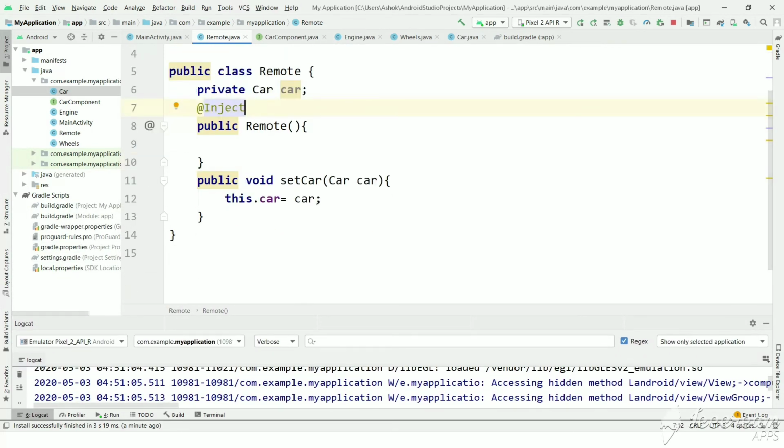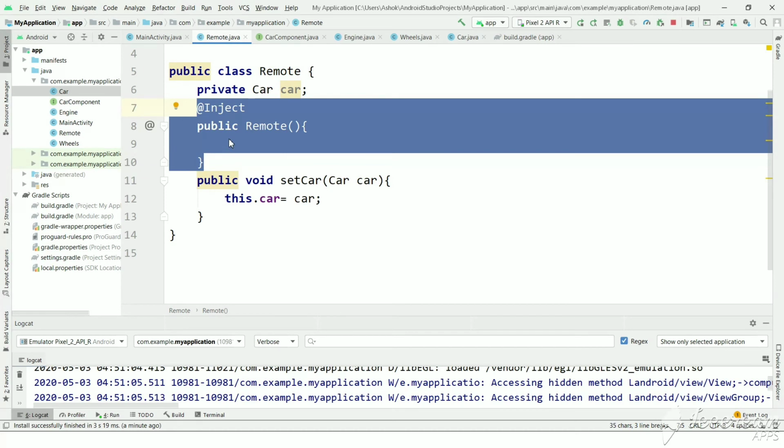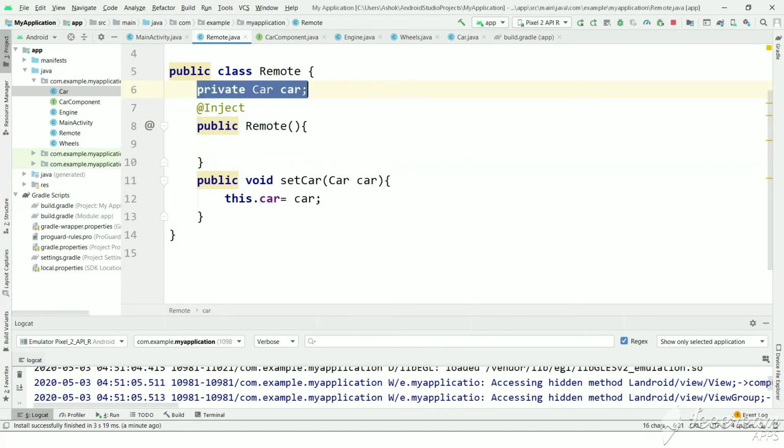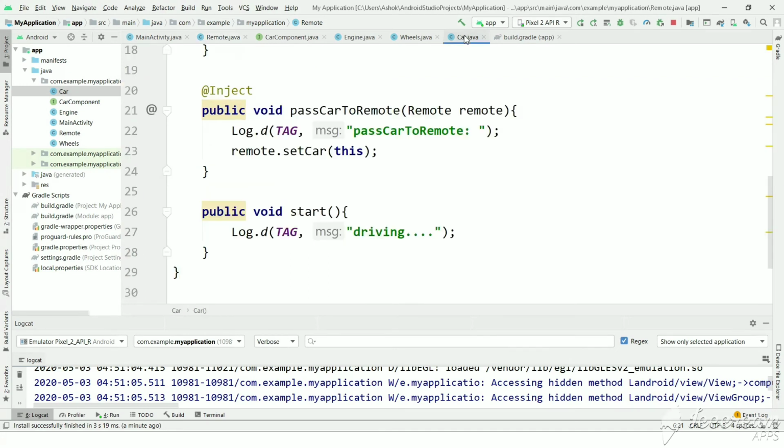We will recap what we have done. We have created a class remote with a constructor with the inject annotation, and we have a car object that we are passing to setCar. In car we have a method which will take the remote object and pass this car object to it.